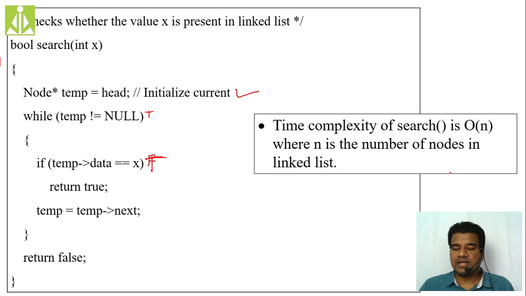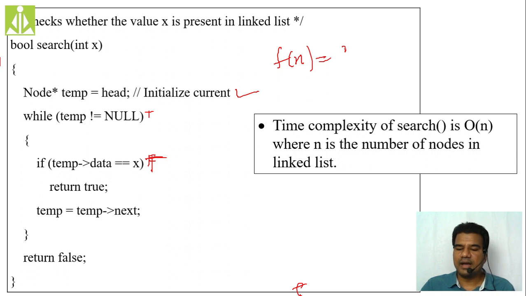So the time complexity over here, it is order of n, because after how many nodes we are going to find the searching element, or if at all we are not finding the searching element, then we have to visit all the nodes in your singly linked list, and that number of nodes we don't know. How many nodes the singly linked list will have? At one point it may have one node, at one point it may have 10 nodes, at one point it may have n nodes. So the unknown number we are considering it as n. So the time complexity function f of n will become a multiple of n, isn't it?